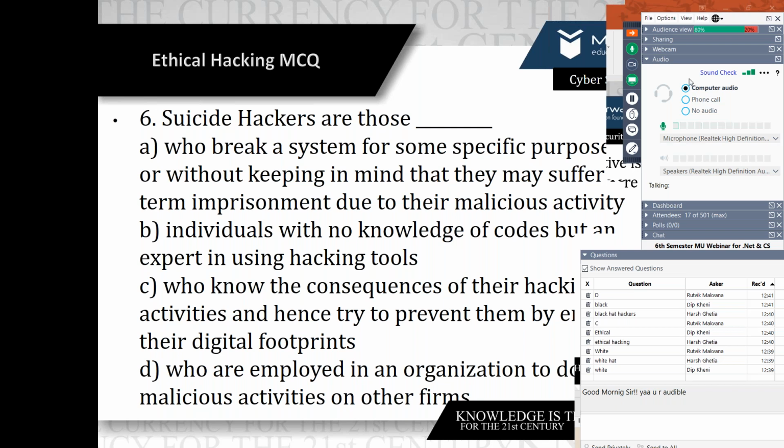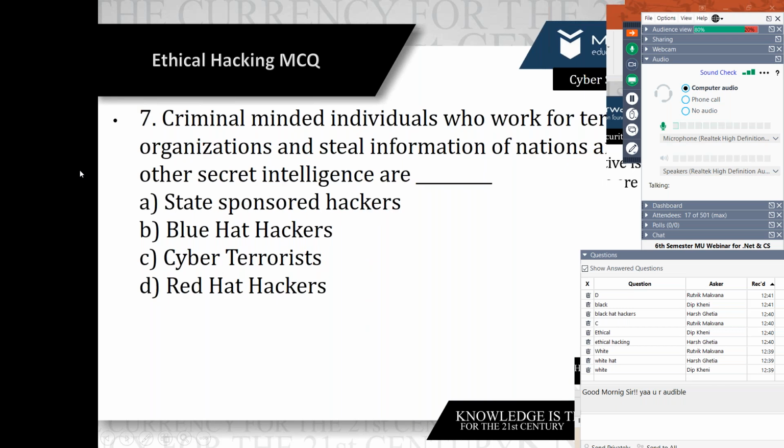So now next. Criminal-minded individuals who work for a terrorist organization and steal the information of the nation and other secret intelligence are known as a